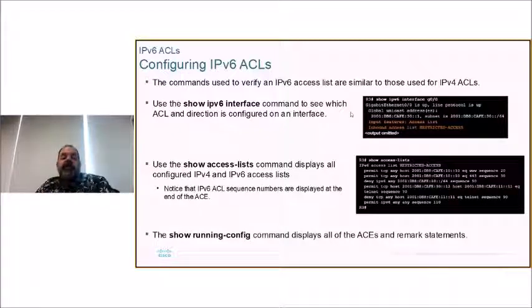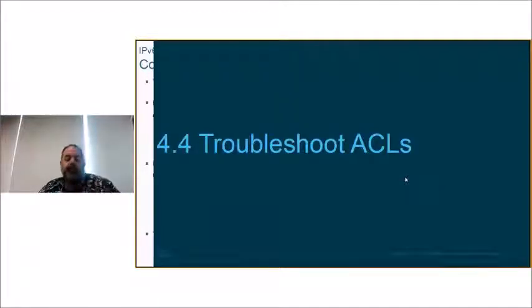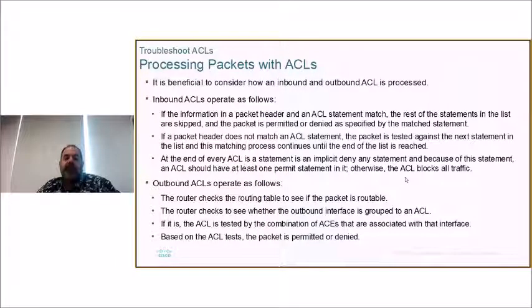And so how do we check it? Again, there's show IPv6 interface. And of course there's show access lists as well. So how do we troubleshoot? So basically,